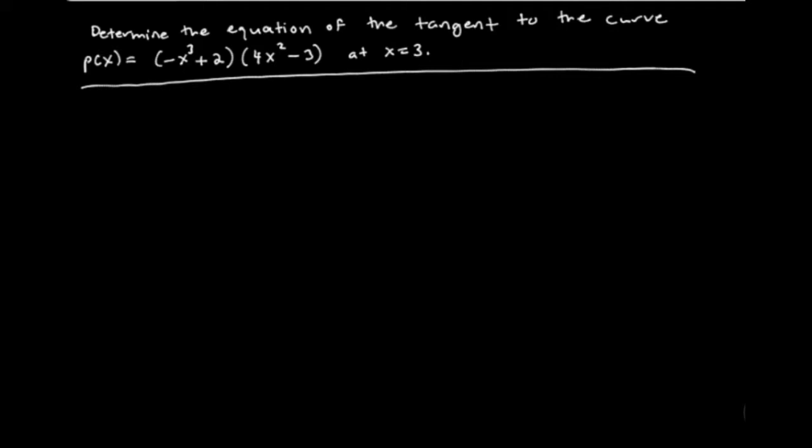Alright, let's determine the equation of the tangent to the curve P of x is equal to negative x cubed plus 2 times 4x squared minus 3 at x is equal to 3. Okay, so to find the slope of the tangent, we need to find the derivative function. So it looks like we're going to be employing the product rule here. So p prime of x is equal to, I'm going to do the derivative of the left factor, negative x cubed plus 2, times 4x squared minus 3